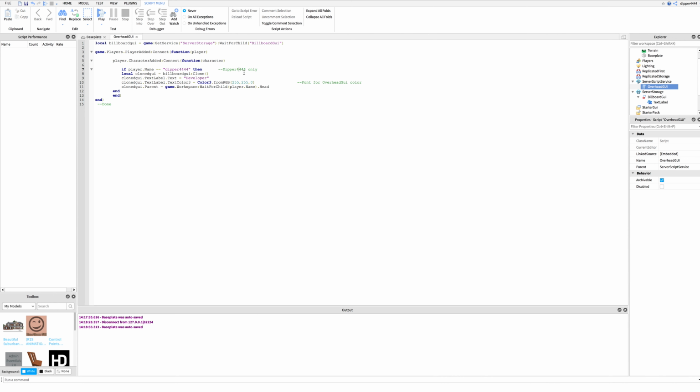Okay, and see this green writing right here? These are notes. If you put two dashes in front, like this, it turns green. So let's just type random. Notes basically means it's just a reminder. The script will ignore it. It'll just keep going down the script, so you do not have to put any of this in. I just put in Dipper444 only, because I only want me to have this developer